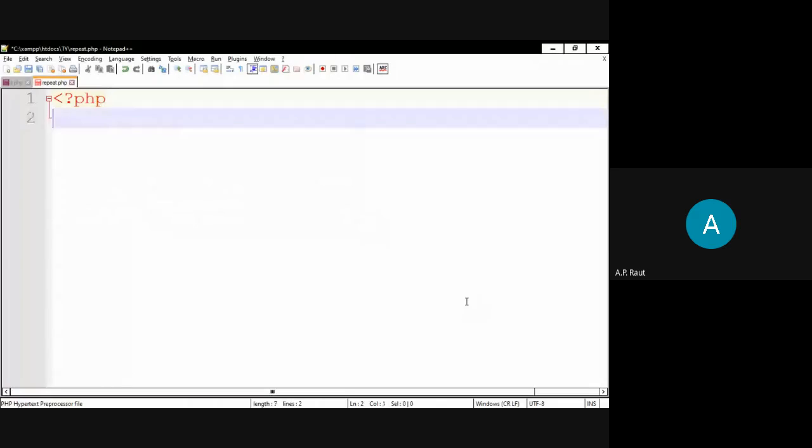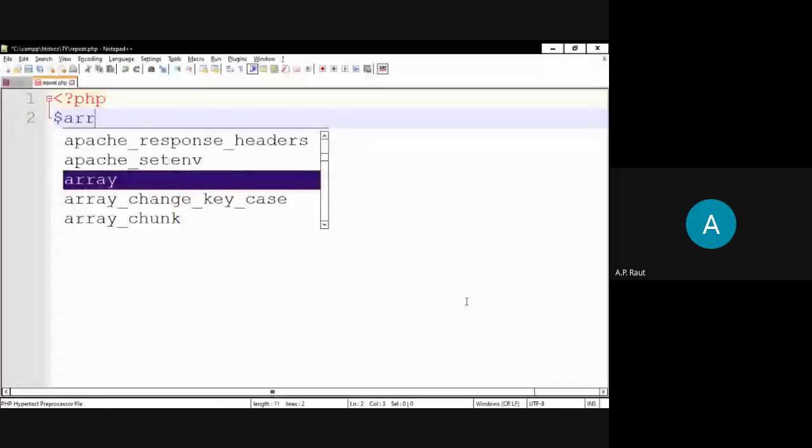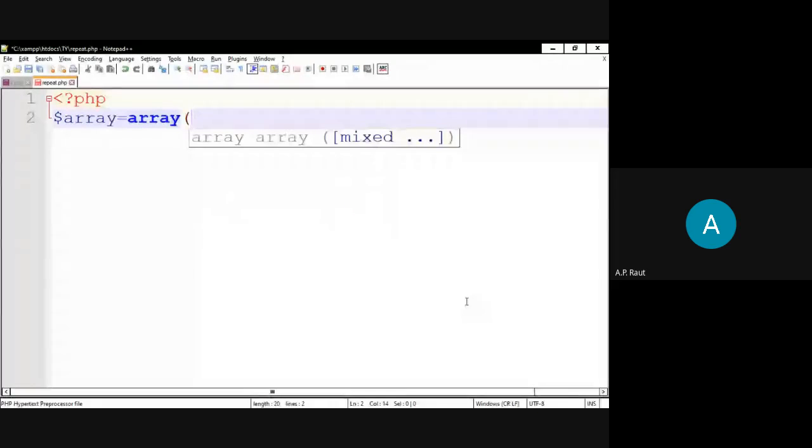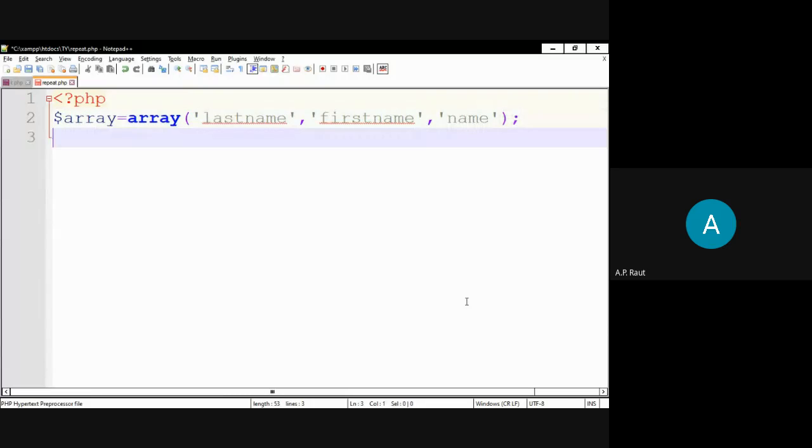For that we write the first line as array equals. For creating an array, array is a keyword. In that we accept last name, comma, first name, comma, name. Three elements will be created in the array. Okay, so this is the array.